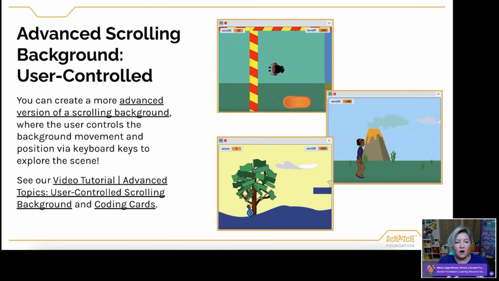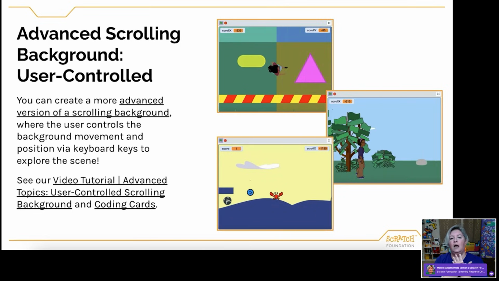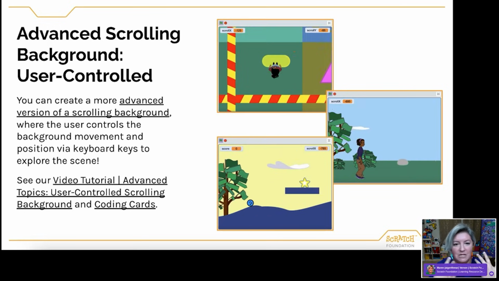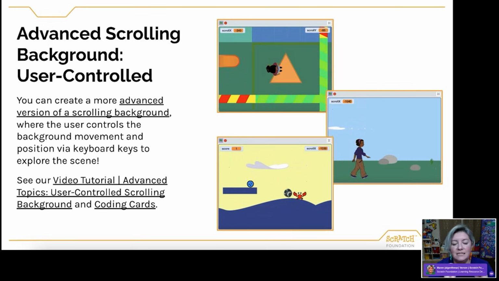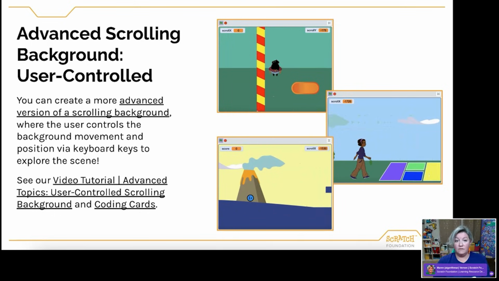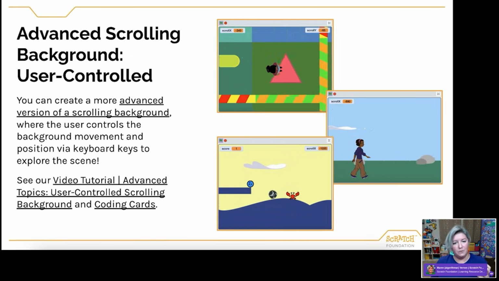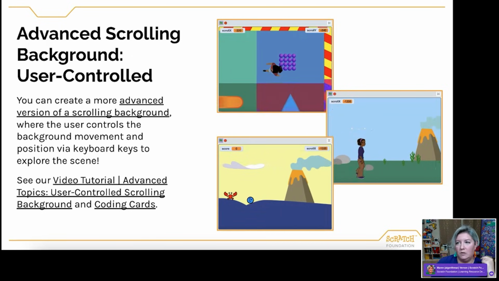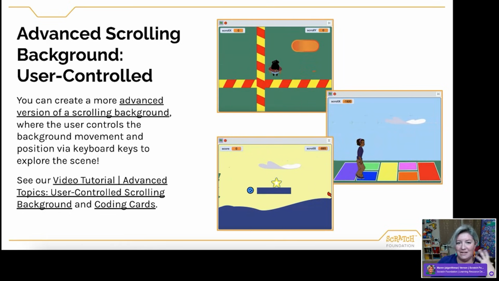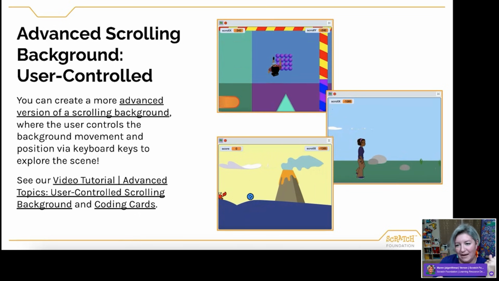We have some cards here walking you through how you can create these, and I have some example projects included where you could try out these particular projects. It's a nice opportunity to give not only a coding challenge, because these are a little more complex to think about and work through, but also to think about the design considerations and the emotion. What are your goals? What kind of world are you trying to create for your player?